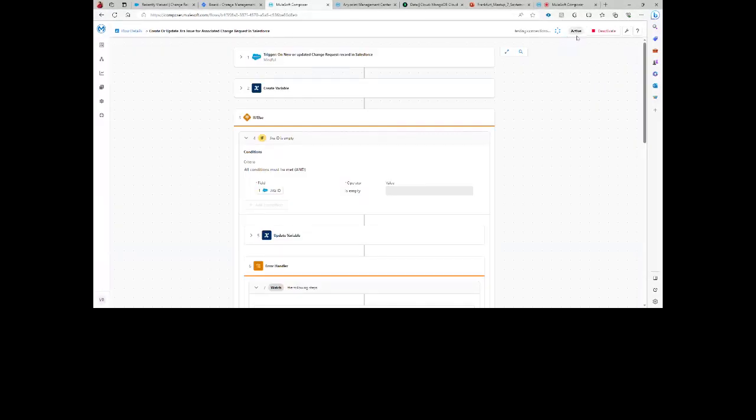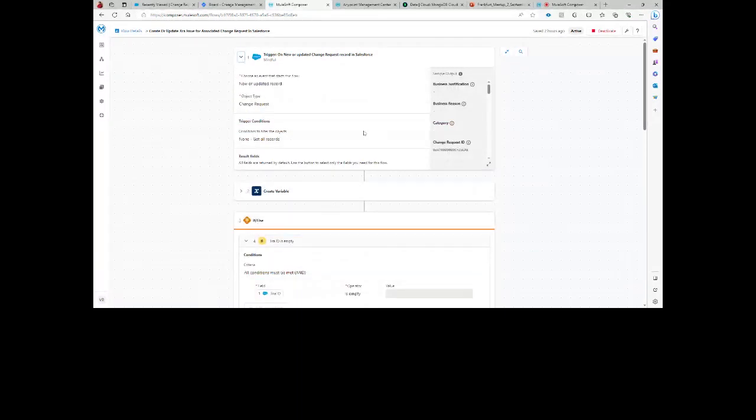The flow is already active. So this could be a question: if I'm creating a Salesforce trigger and connecting my Salesforce channel, what if today I'm adding a new field to it? How will it reflect here, or what should I do? And if you notice, when I opened the flow,